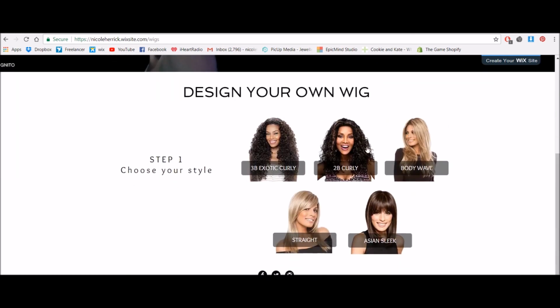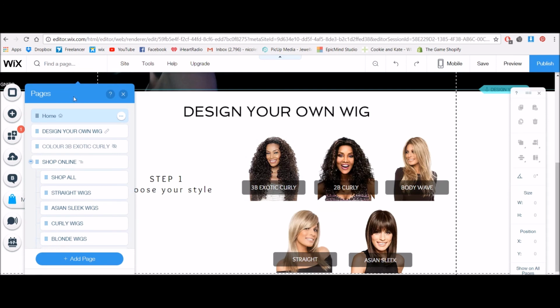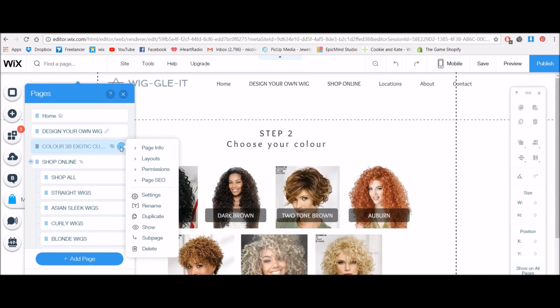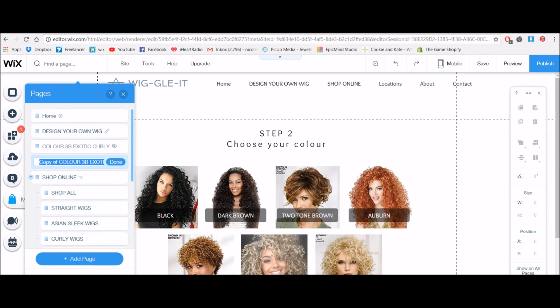And actually, I'm going to take you back into the editor just to go over a few things. Okay, here I am back in the editor. So, on your home page is the design your own wig step 1. You're then going to have a color page for each of the different styles. Okay, so there's going to be color 2B curly, and to create that I would actually go duplicate, and then I can change the name to be